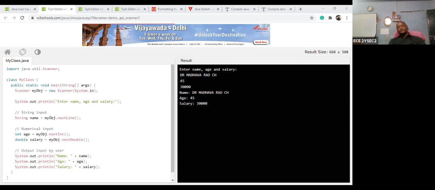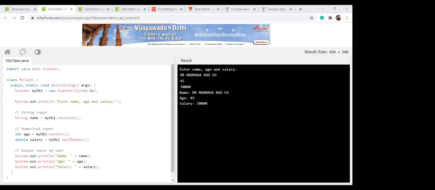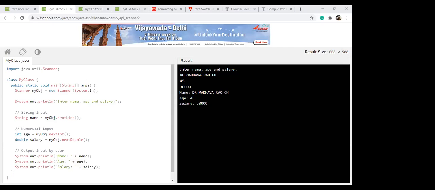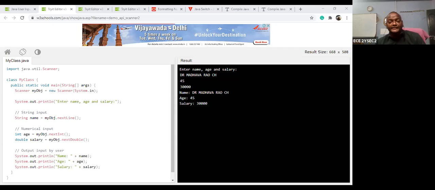But in Java, there are two types. One is called format, another is called printf. You can use either printf or format. Both have the same priority, so no error will be given. Let us take formatting output. The formatting output has two types: to display output, you can use either format or printf. I can show you an example.